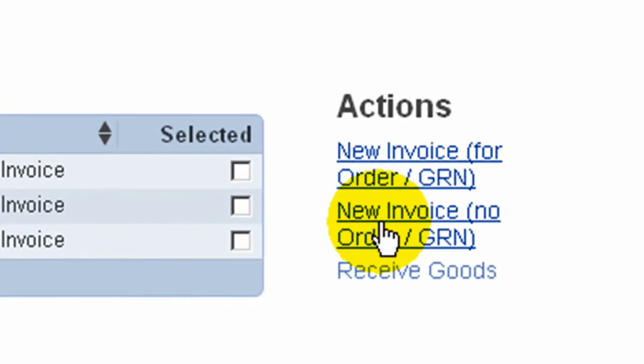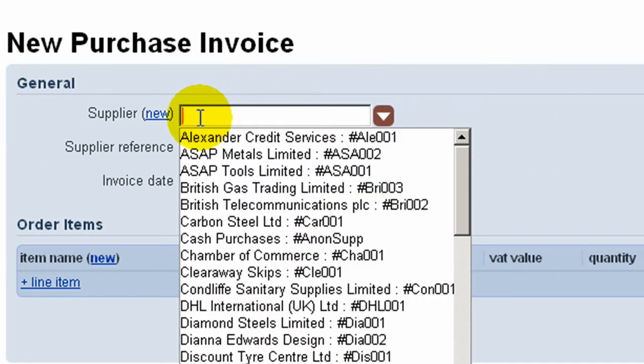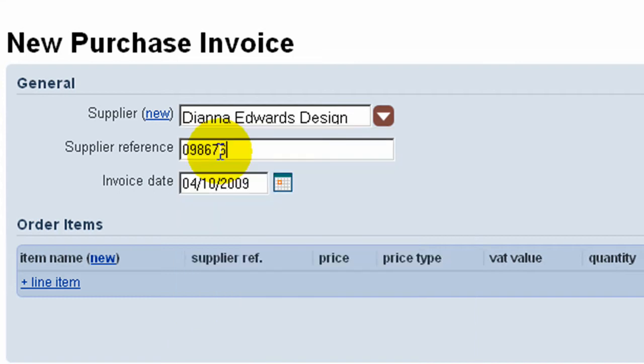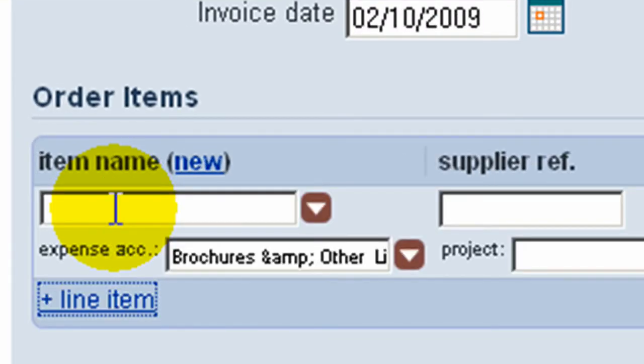Where the invoice is not the subject of an order or a GRN, we click the New Invoice No Order GRN link, which takes us to an input form where we can input the details directly from the supplier invoice document. If we select this supplier, for example, and enter an invoice number and the date of the invoice, we can use this screen to illustrate some of the options that are available to us as we enter the